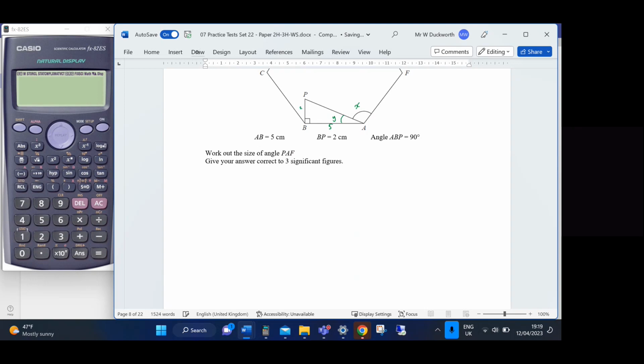So I'm just going to change pens just to show this. So if this is the angle that we're trying to find out, this is going to be the opposite, and this would be the adjacent. So I'm going to use the tan ratio. So the ratio is tan theta would be equal to the opposite over the adjacent. So tan theta is going to be equal to